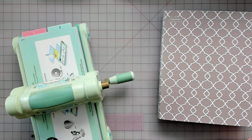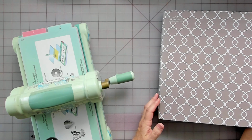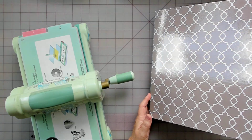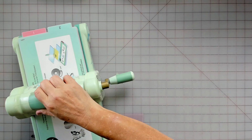I'm going to do a quick video. I'm working on orders, and I'm making the embossed postage stamps. This is the process. I did work on my binder